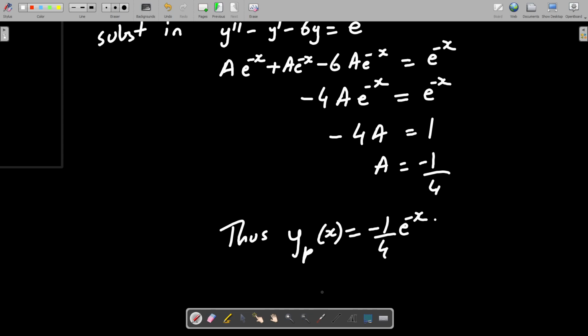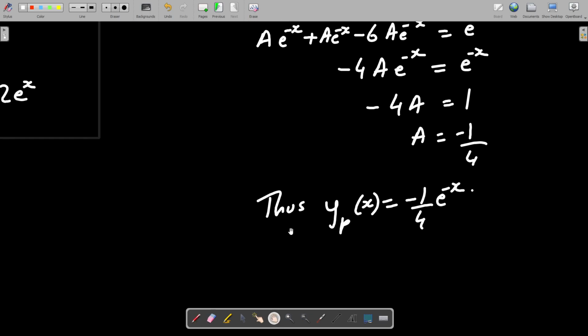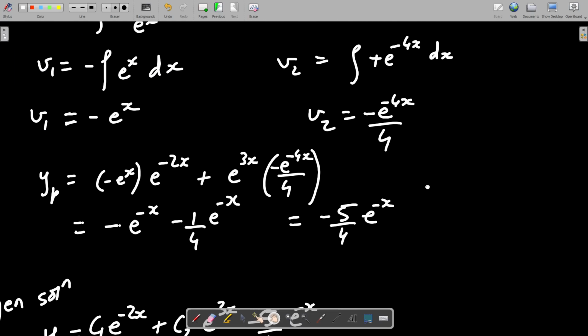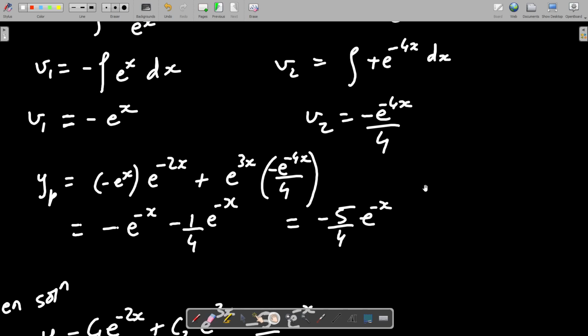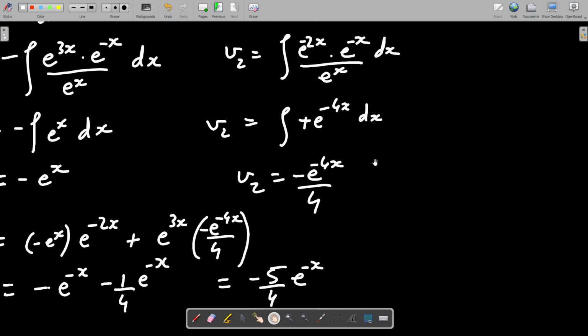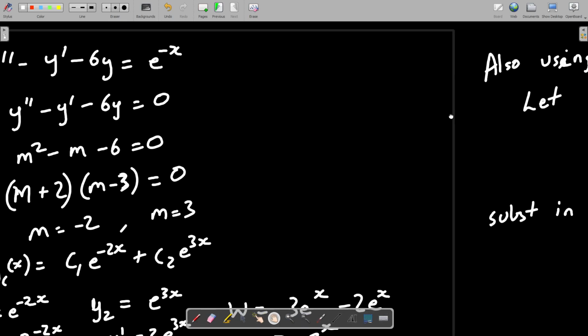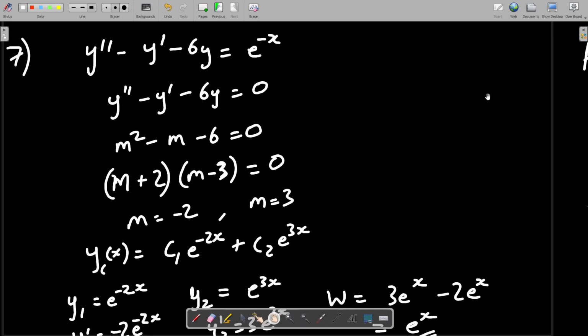Okay, actually I'm supposed to get the same yp in both the methods. I have got minus 5 by 4 there, no? God knows, maybe we made a mistake somewhere. You can go home and check if there's a mistake. Okay, so we'll stop with this. What I wanted to tell you all in this problem is that certain problems can be solved using both the methods, and you should get the same answer, but I'm not sure why I'm not getting the same answer here for yp. Okay, but never mind, we'll check the answer at home later and we'll stop here. Okay, so that's all about this method.